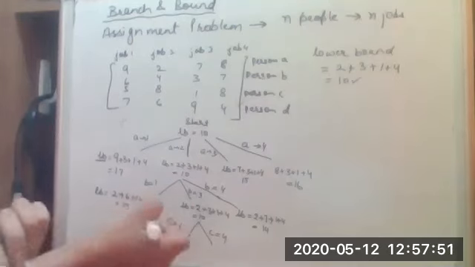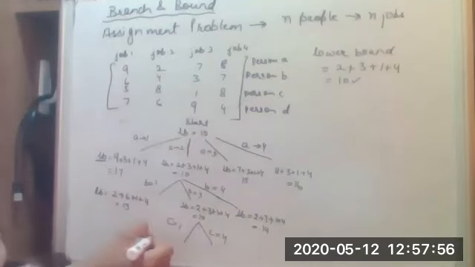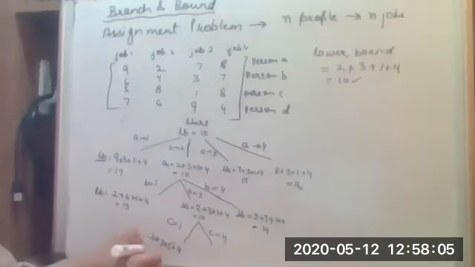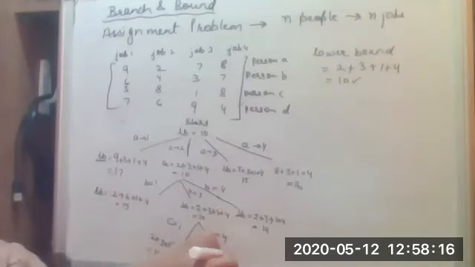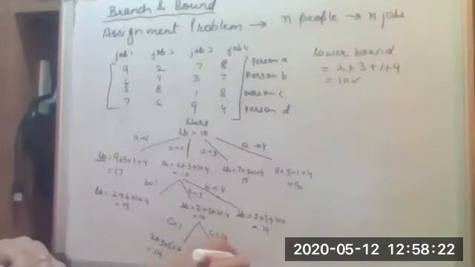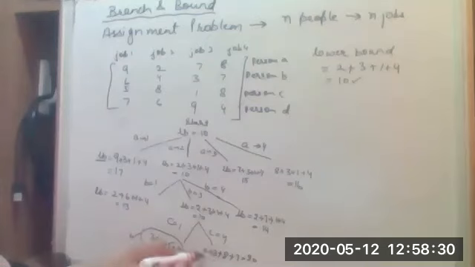Yes. So in this case, if we are moving from here, C is equal to 1. So in that case, you have 2 plus 3 plus 5 plus 4 because D is left with only one option. So this is equal to 40. Whereas for this one, if we are taking C as 4, so we have 2 plus 3 plus 8, and we are assigning the first job to the fourth person. So this will be equal to 20. So definitely now this is the most promising one and this is the solution. We don't have a further choice from here. So this is not taken.